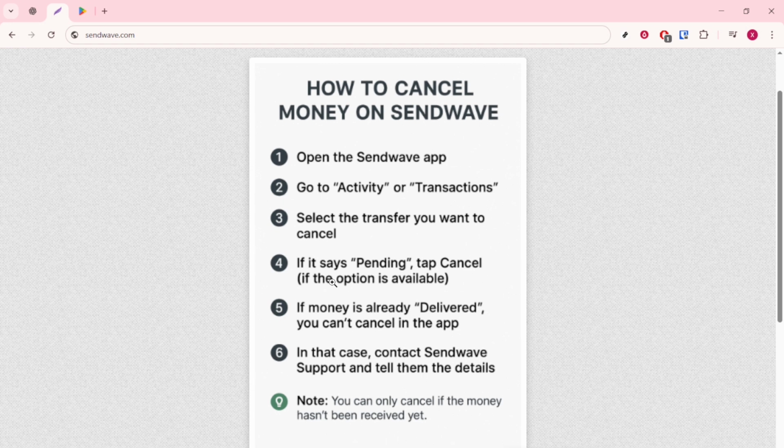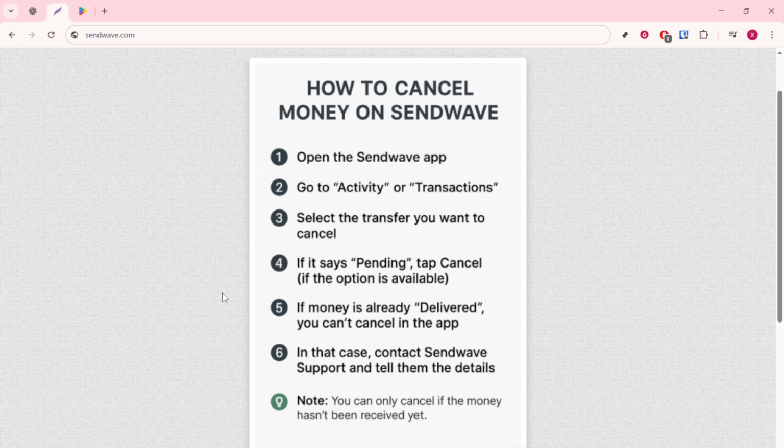Refunds typically go back to your original payment method, and while timing can vary by bank or card, it's often completed within a few business days. Keep an eye on your statements, and remember that if exchange rates or fees were involved, the final refund figure